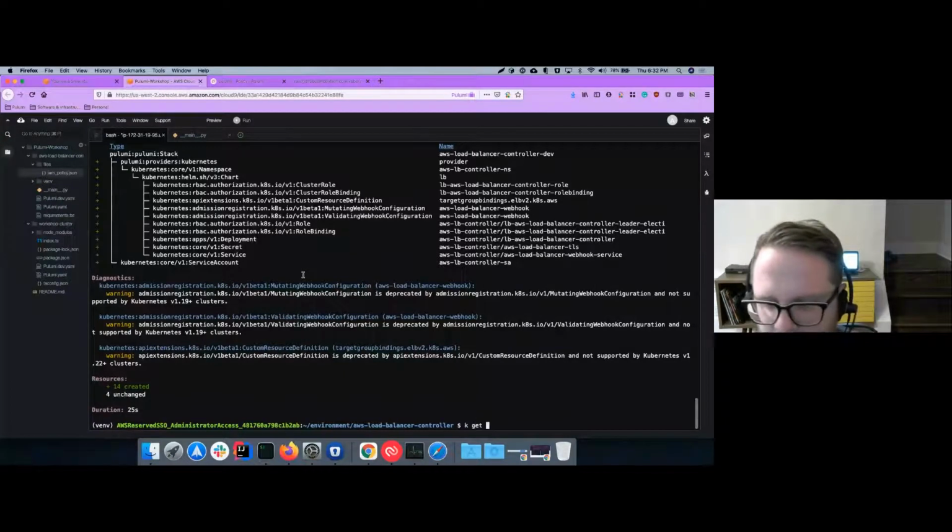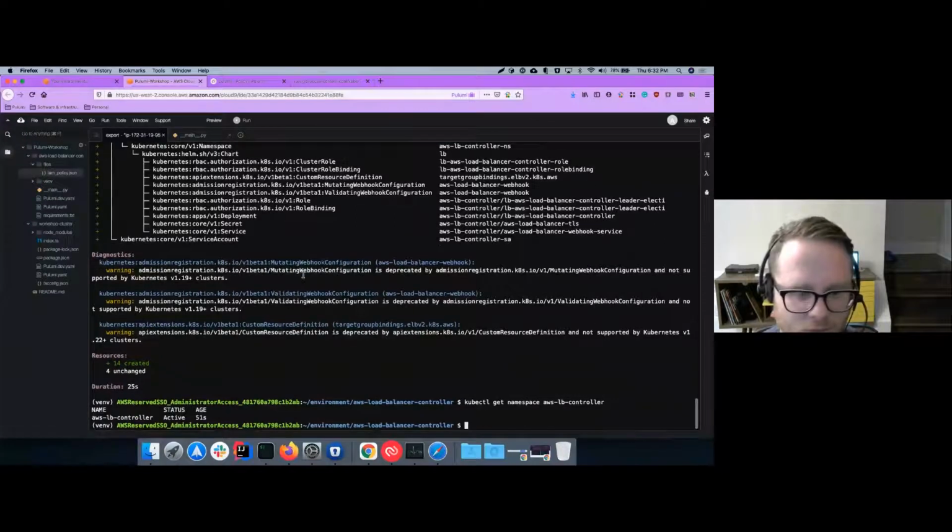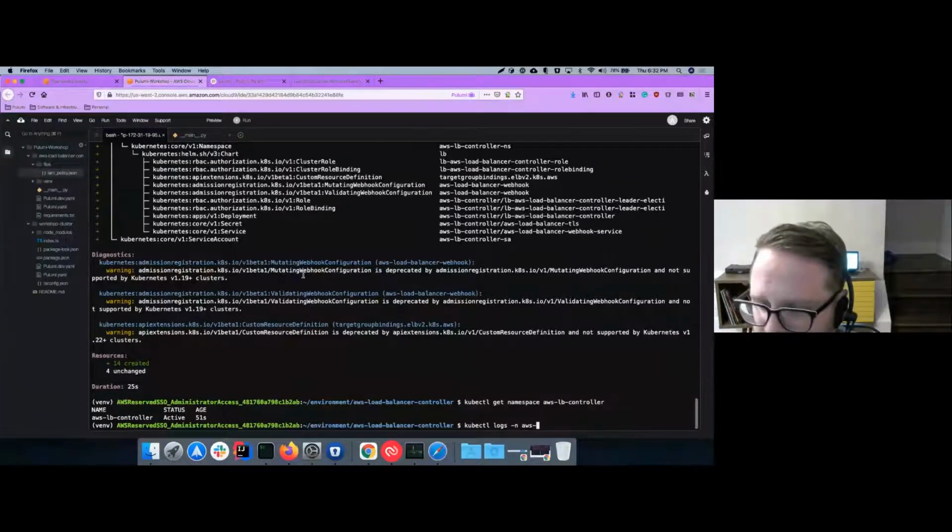So let's do kubectl get namespace aws-lb-controller. So our Kubernetes namespace is active. It's been created. We want to get the logs from a resource that's running in that namespace. So I'm going to do kubectl logs in the namespace aws-lb-controller. And I want to get all of the logs for an application with the label